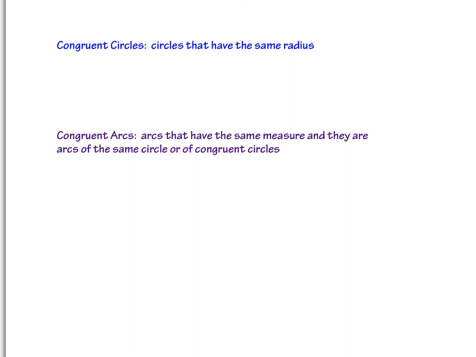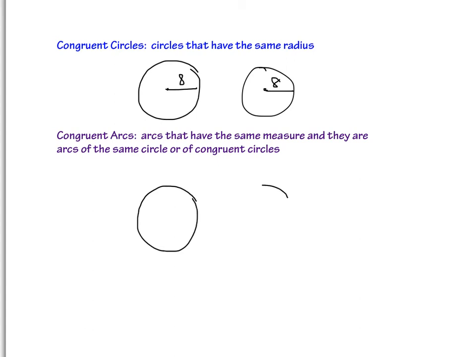Two more definitions for you today. Congruent circles are circles that have the same radius. So if this is 8, then this is 8 if they're congruent circles. And congruent arcs are arcs that have the same measure, and they are arcs of the same circle or of congruent circles. So if we would draw this,